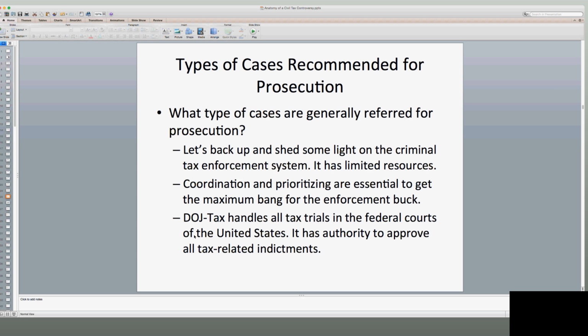And not surprisingly, the local regional offices' AUSAs aren't generally schooled in tax law, and they're not always the most sexy cases to take. So as between a money laundering case and a tax evasion case, you can imagine that the head AUSA in the region is going to probably prefer to take the more sexy case, and in that case, it's money laundering because there's usually drugs involved and all sorts of sting operations.